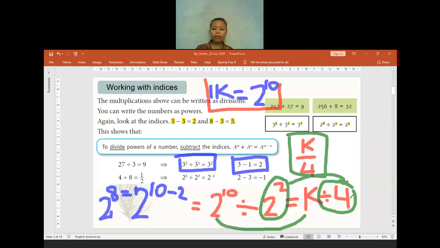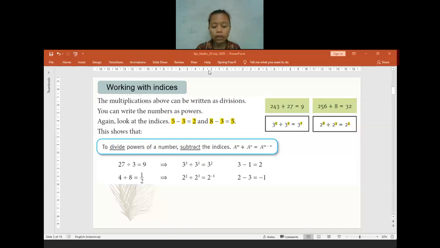Okay, is there anyone still having questions, or still not understanding before I move to the next question? Because if I move to the next question, all my annotations will be gone. It will be harder to repeat. Okay, no question? Okay, if no question, I will move to question 12.